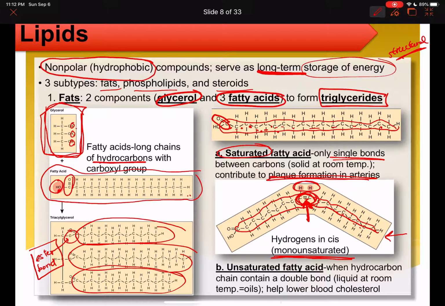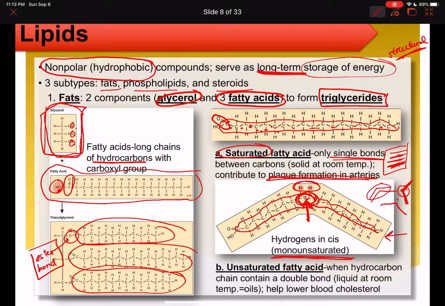Imagine, I kind of talked about this last chapter, how I said linear stuff can stack on top of each other nicely to form a big block of solid, whereas when you have kinked molecules like this, yes, they can technically stack like that, but because of that kink in there, it's less likely that they will stack on top of each other like this, because that angle that's formed by the kink has to stack on that exact same spot, versus here they just need to align with each other like this to start stacking on each other. So whenever you have a kink in the three-dimensional shape, it is harder for them to stack on top of each other, and that is why cis